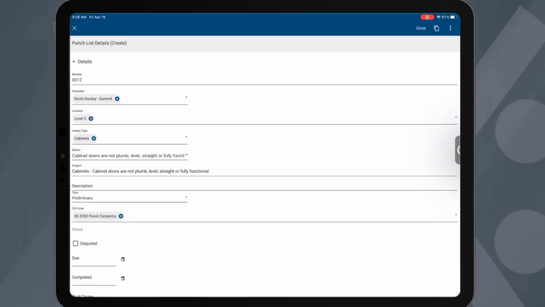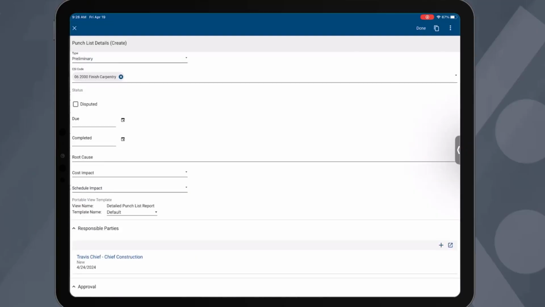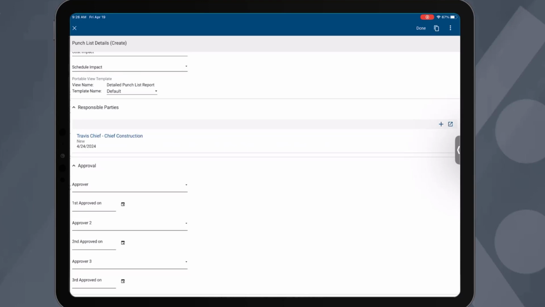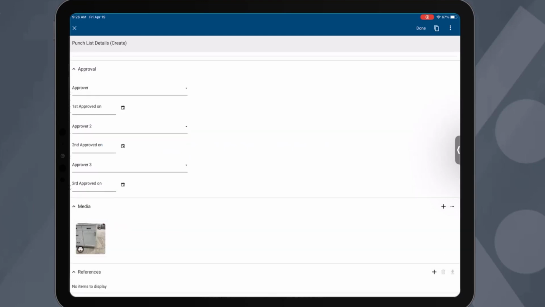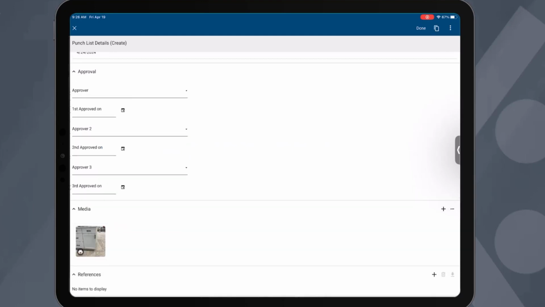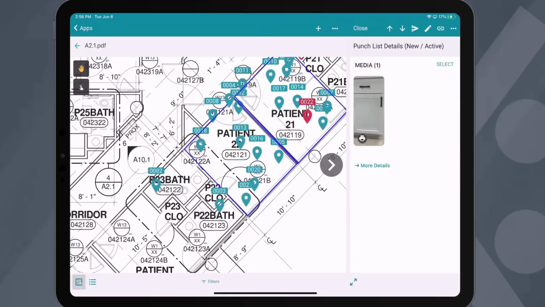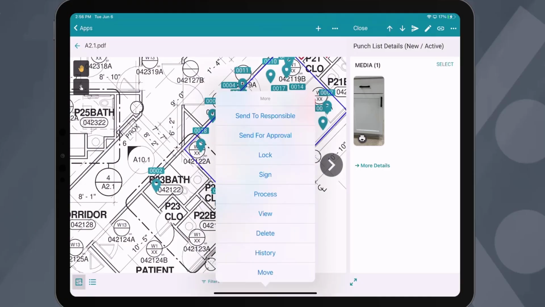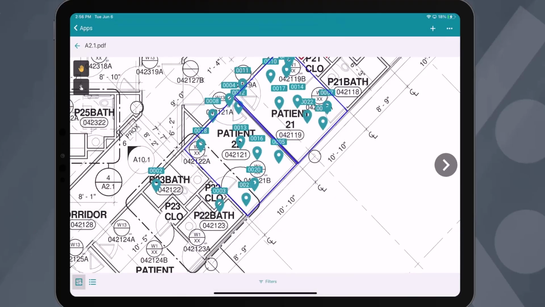If more details are needed, choose More Details, and you get a simplified form to add basic information about that particular defect. Again, this application automatically connects the responsible party and other information necessary with approvers already set up. Click Done, and now this is complete. To send out a responsible party, click the Send button and manage the workflow, review, and approval process, all while